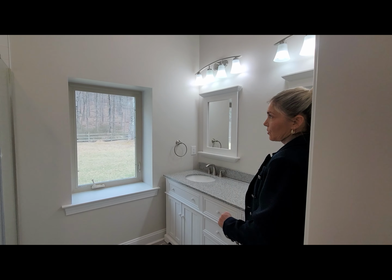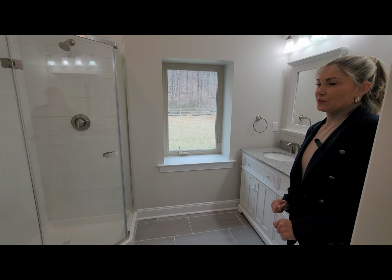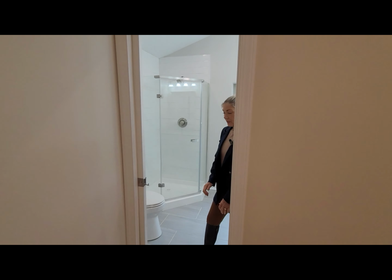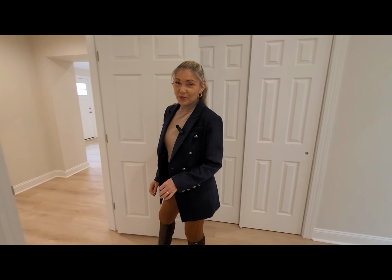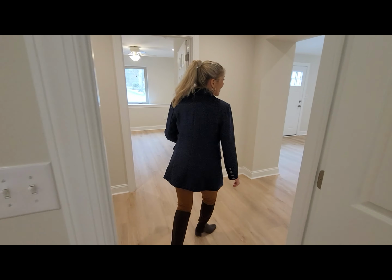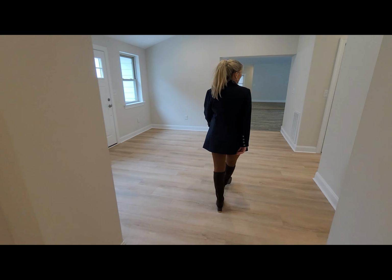And again, look at the views out the window. I know there's a screen in there, so it kind of gives you a funny appearance, but the view is amazing. The yard is totally fenced in. So bring your chickens, bring your dogs, bring your pony. So we're going to come on out